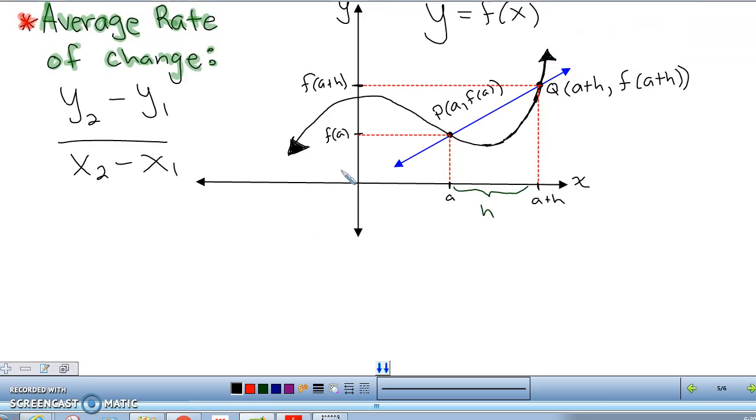So I'm going to plug these values that we just found into the slope formula. So y2, which is f of a plus h, minus